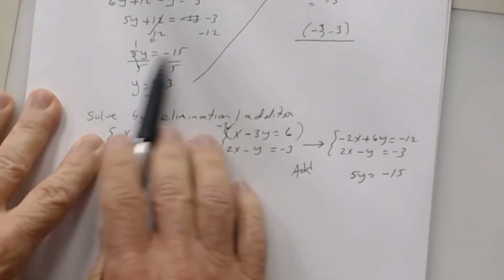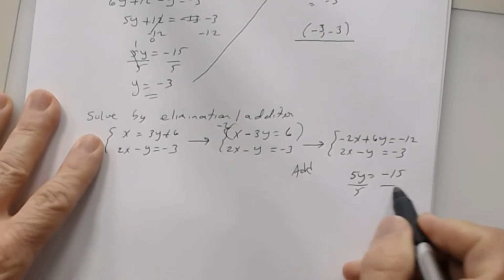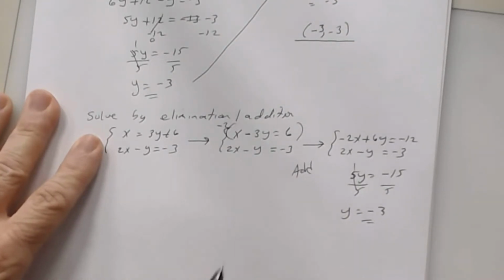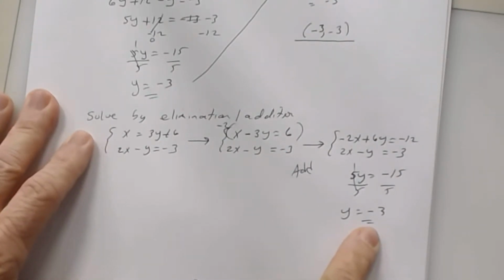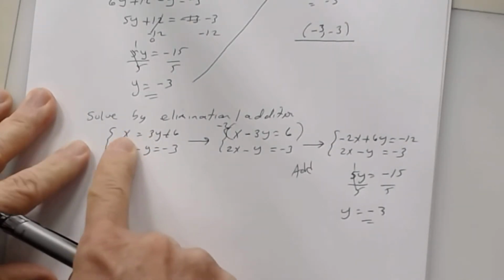Remember when we did about substitution? Right here? All right, divide both sides by 5. I get y to be a negative 3. All right, now once you find your y coordinate, you've got to substitute that value into one of those equations. It does not matter which one. Always go back to the original